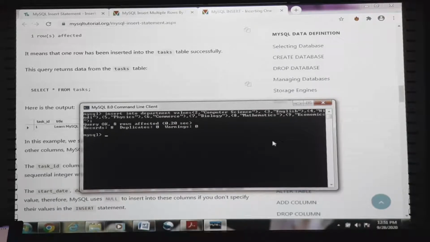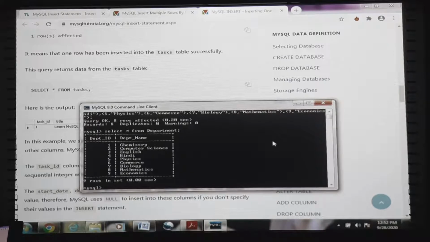See, our query got executed, 8 rows got affected and 8 records have been inserted into our relation. Let us see what different tuples have been inserted by means of this command. Select star from department. Since we need to check all the contents of the department table, we have used star.